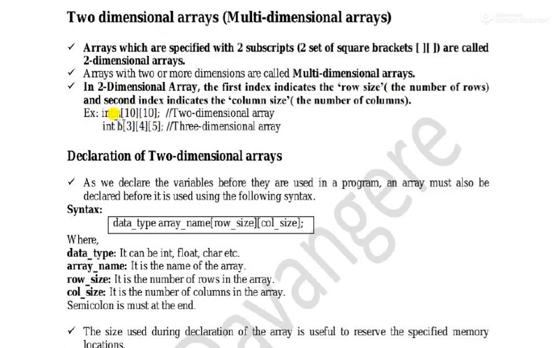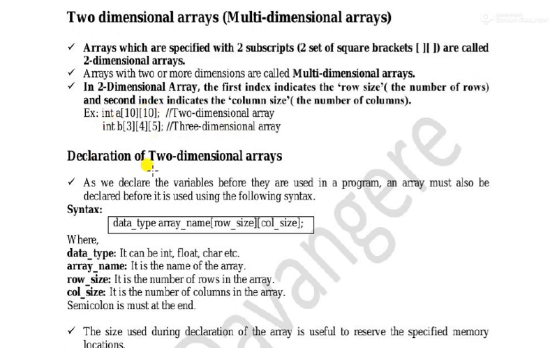Here, int a and then two square brackets for two dimensions. The first indicates the rows and the second indicates the number of columns. Here how many rows and columns are there? 10 rows and 10 columns. Next, for three dimensions you attach another square bracket, and then it becomes three-dimensional. Three dimensions means x-axis, y-axis and z-axis, a three-dimensional array. But mainly we use two-dimensional arrays.